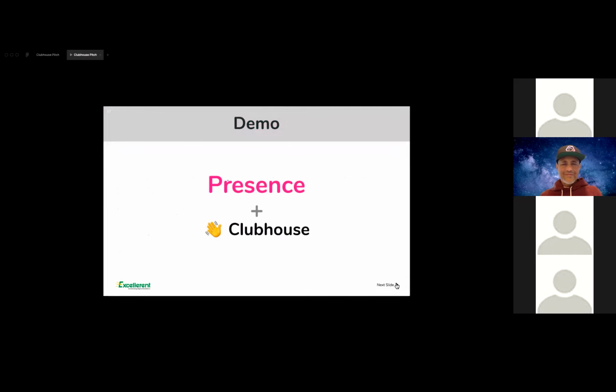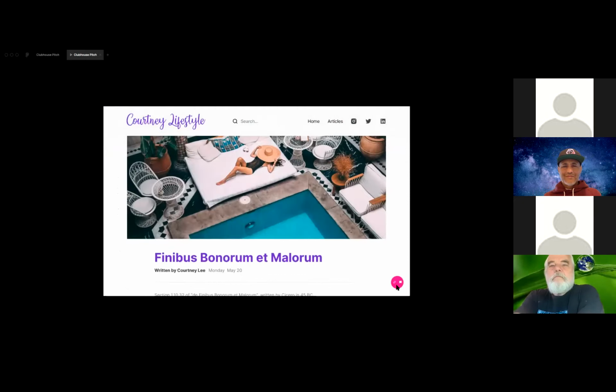So now I would like to showcase a use case of smart embed tags using the new Clubhouse audio platform as an example. So we are currently looking at Courtney's lifestyle blog, which received a good amount of traffic. She has used Presence for some time and realized that she can bridge her audience to her Clubhouse room using